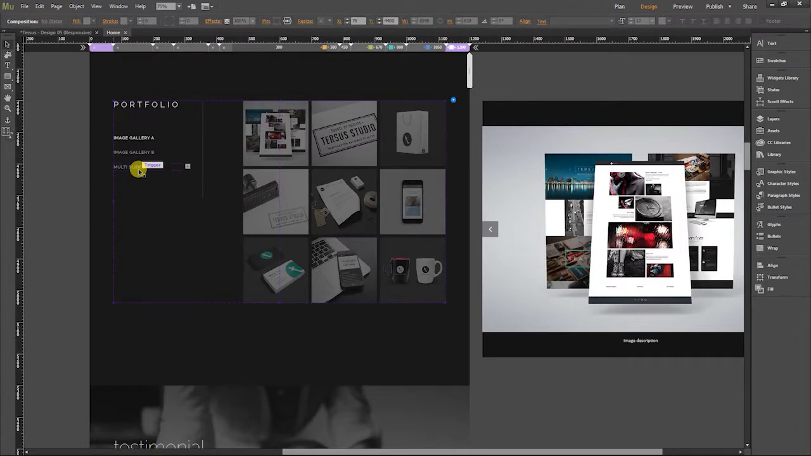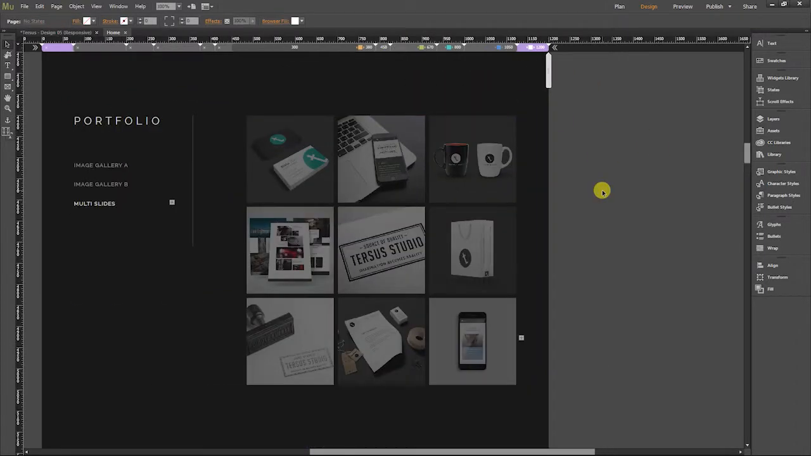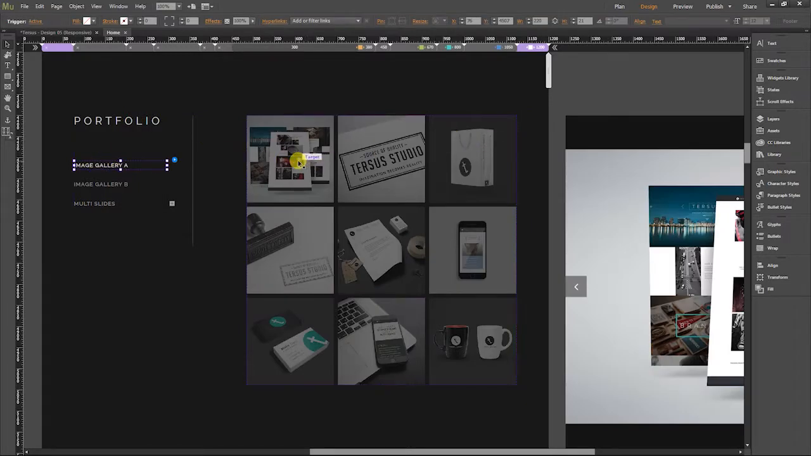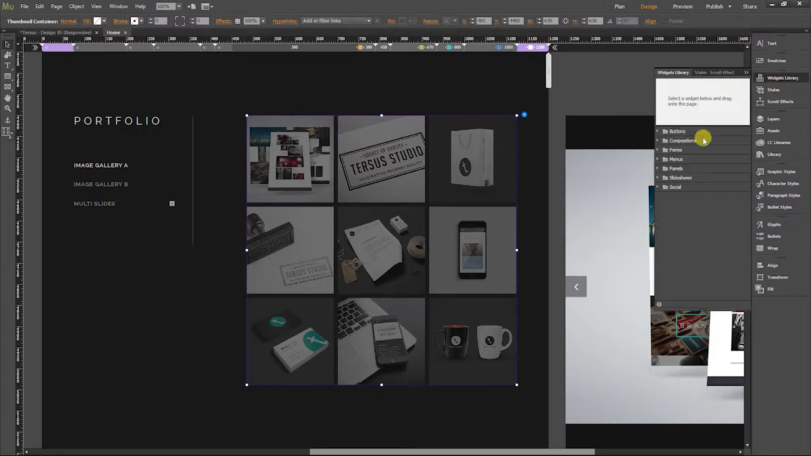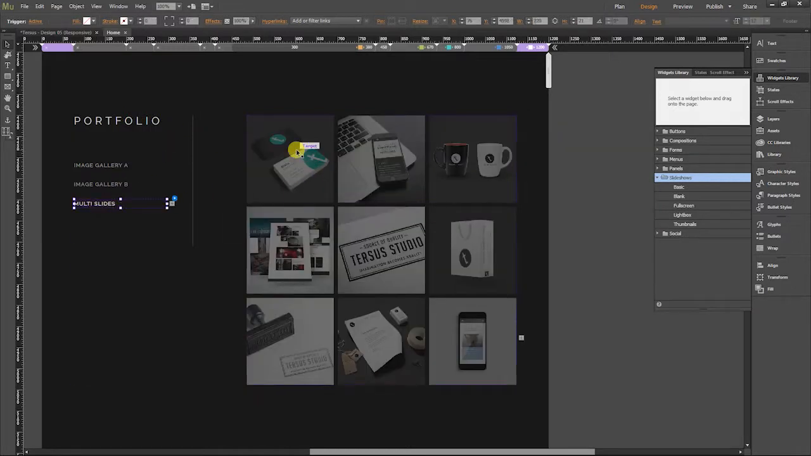Next, let's look at these multi-slides here. This one is slightly different because the widget here is created with the composition widget. I want to talk about that for a while. The gallery is created with the slideshow widget, which is this widget, and this widget can only handle images as a type of media, while this one is created with the composition widget,